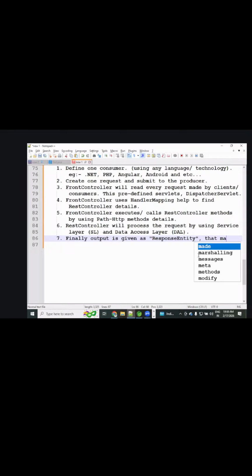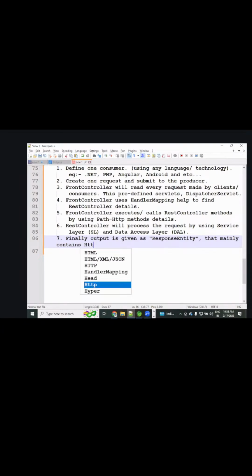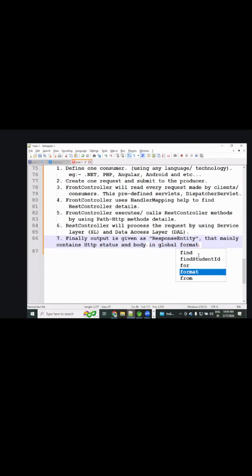That mainly contains what? HTTP status and what? Body. See, in what format? In global format. It is what? Global format.